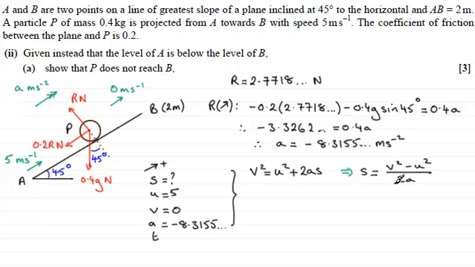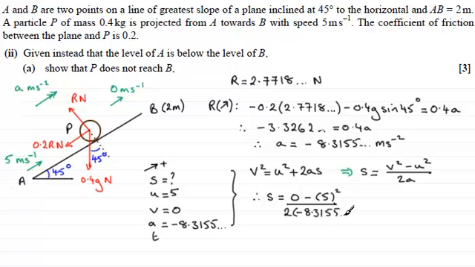And using this, I therefore have that s is equal to v squared, so that's going to be 0 squared or 0, minus u squared, u is 5, so we've got 5 squared there. And this is all divided then by 2a, so that's going to be 2 multiplied by negative